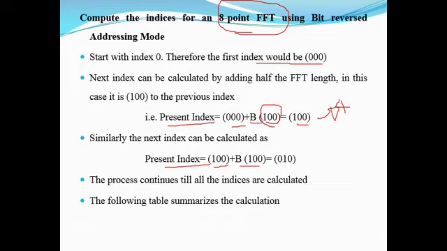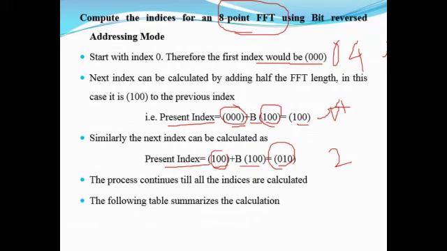Here the index was 0, so 0 plus 4. Here the index was 4, so 4 plus 4. But whenever I perform addition with carry propagated from MSB to LSB, the present index results in 2. So the index will be like this: 0, 4, 2,